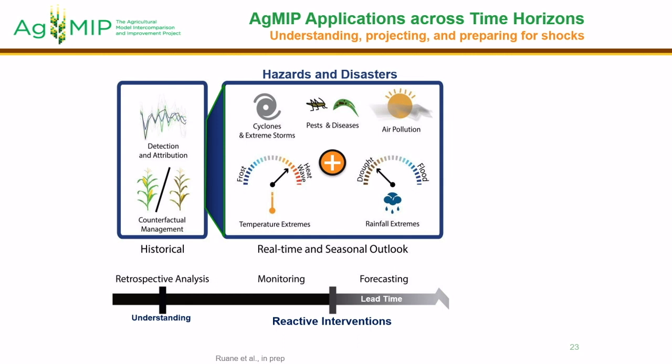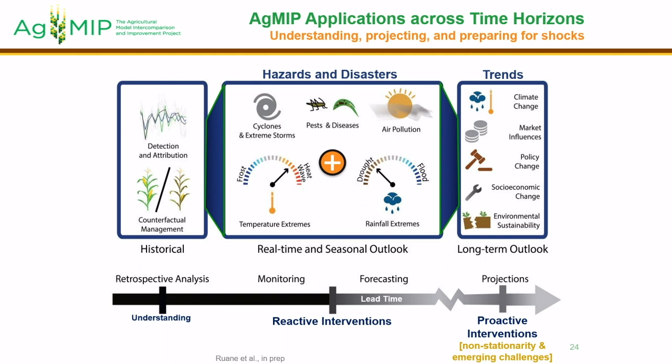And of course, if we go in the other direction, if we keep going forward more and more lead time into the future, we eventually get to the point where we can't really forecast or predict the specific future. We can project what will come as conditioned on the various choices we make around climate change, market shifts, changes in policies, socioeconomics, and the overall larger questions of environmental sustainability. This is very important because it allows us not to just be reactive, but to be proactive in the types of preparations and the types of partnerships that we make to deal with the longer term challenges.